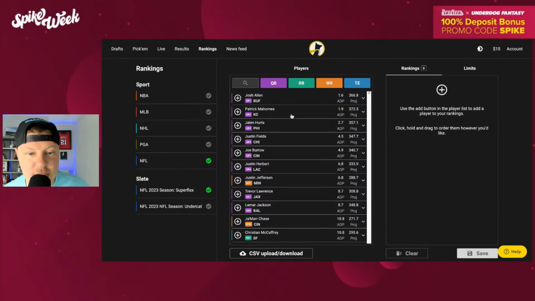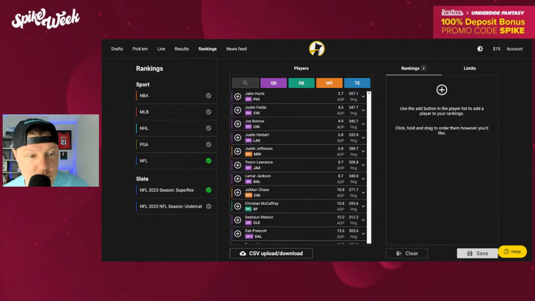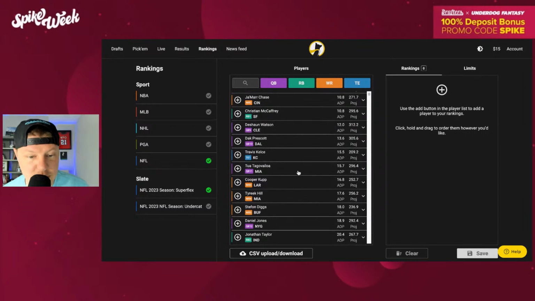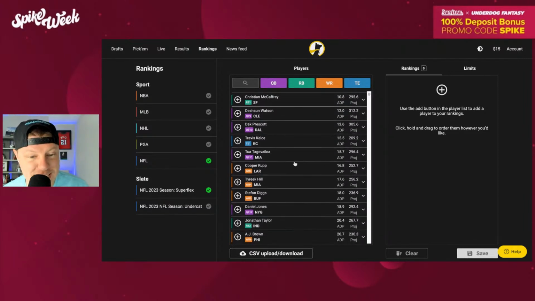Allen, Mahomes, Hurts, Fields, Burrow, Herbert, Lawrence, Lamar, all in the first round. Deshaun Watson, sometimes in the first round, depending upon the draft room you're in. Dak Prescott, sometimes in the first round, depending upon the draft room you're in, right? Tua is almost in the first. Daniel Jones is firmly a second rounder, probably creeps up to the beginning of the second, depending upon the room